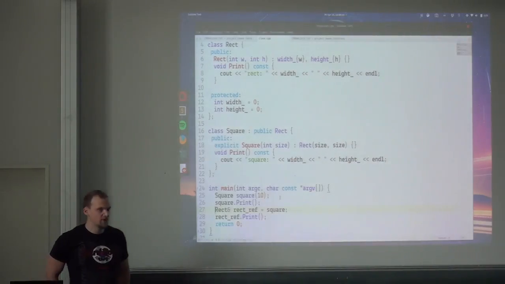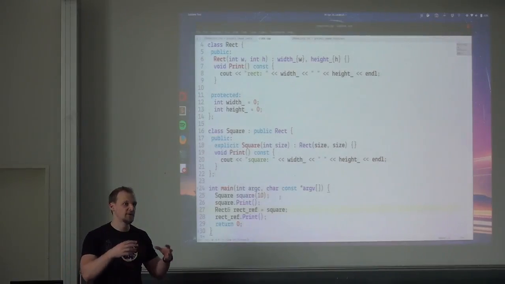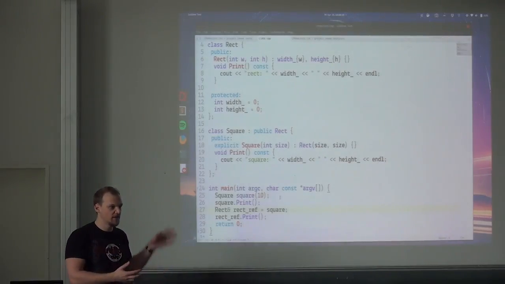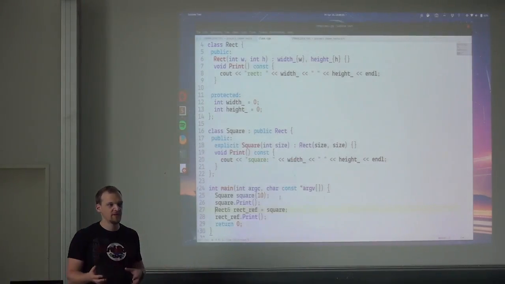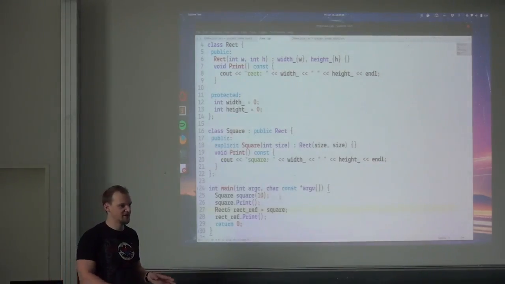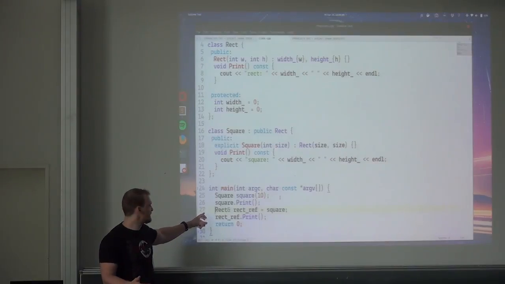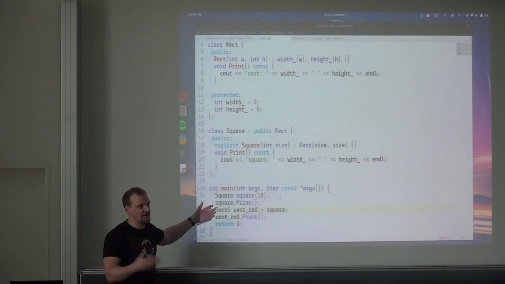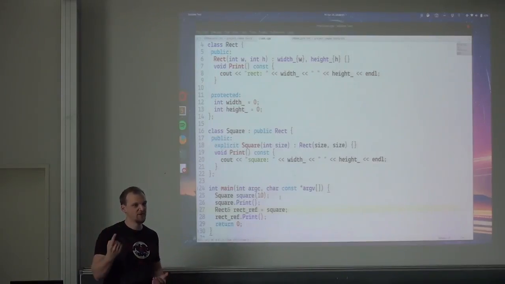Yes, but usually we want to work with the most basic class we can. In this case, it's a rectangle. Some rectangles will be rectangles, some rectangles will be squares. We're going to come to that very, very soon. Now it's in one main function, but it can also be a parameter to another function. I don't want to write two functions that take the rectangle and the square, because then I just copy my code twice. I want one function that just